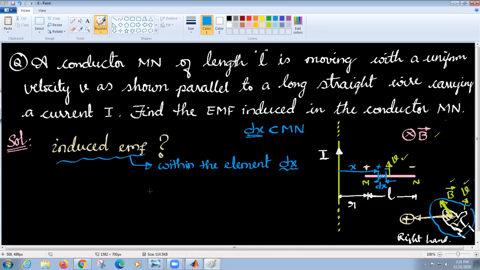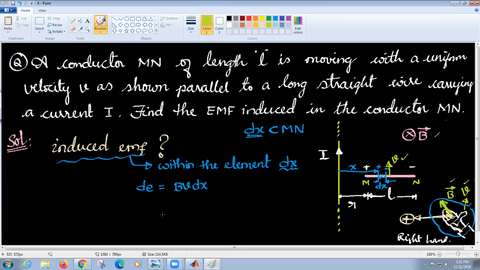So what is the induced EMF now? As it is a small element, I take the elemental induced EMF, d epsilon, equal to what? B v dx. Very good. We have B v l, and here the length is dx, so we took B v dx.